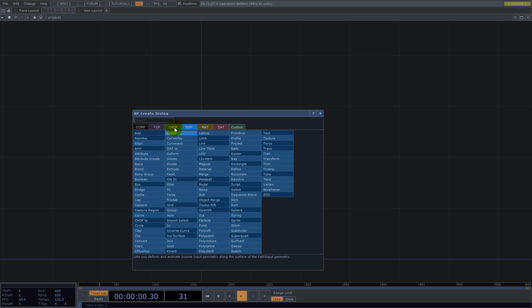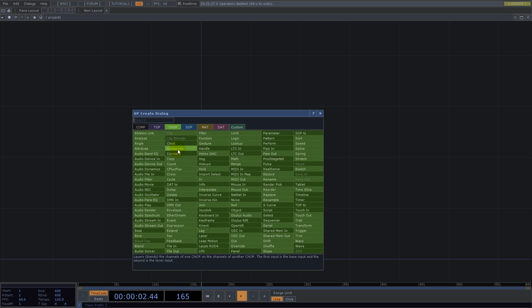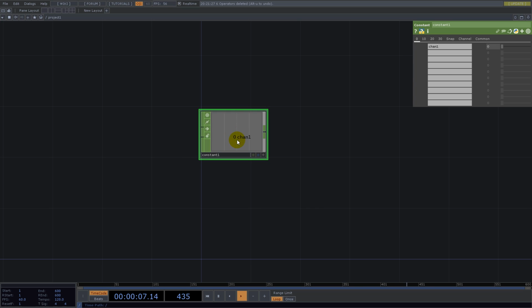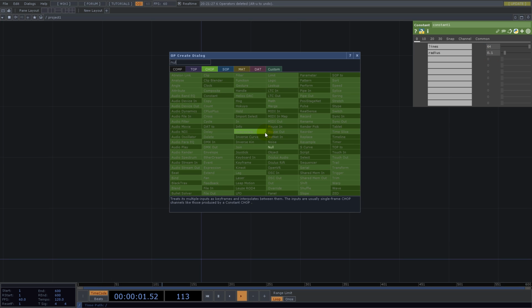So let's use constant CHOP and set the number of lines we want. 64 is good for now, and radius, so by radius I mean the inner circle, 0.1. Okay, we do a null here